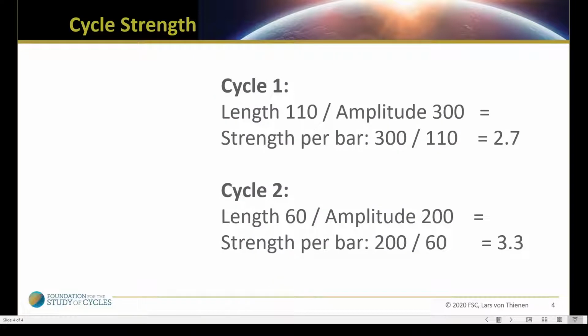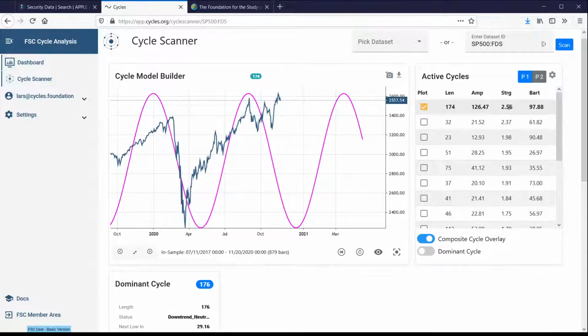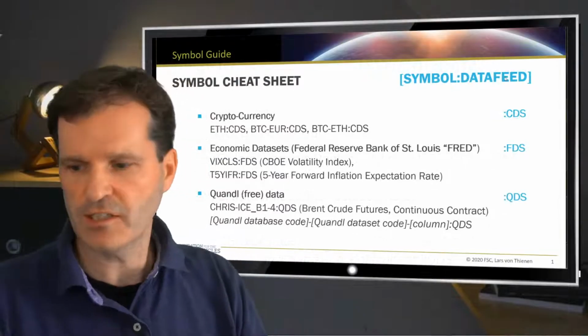And then last but not least, before we quickly move over to the cycle analysis for today, is the so-called cycle strength, which is a very important measurement and often seen. Let me give you some background on the cycle strength. First, where do you find the cycle strength? The cycle strength is listed, for example, here in the table, and it's called strength here on top. So this is the cycle strength, and you can sort your cycle analysis, for example, by cycle strength. So what is the cycle strength? The cycle strength is a kind of